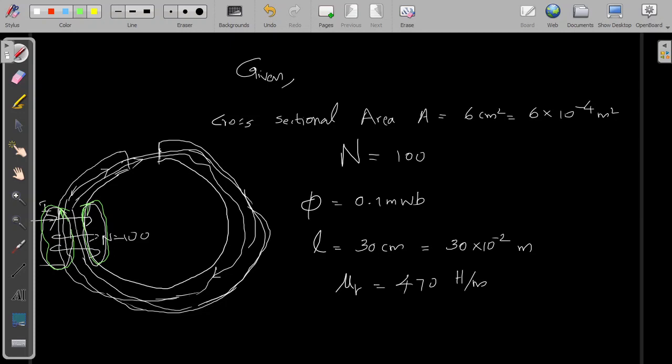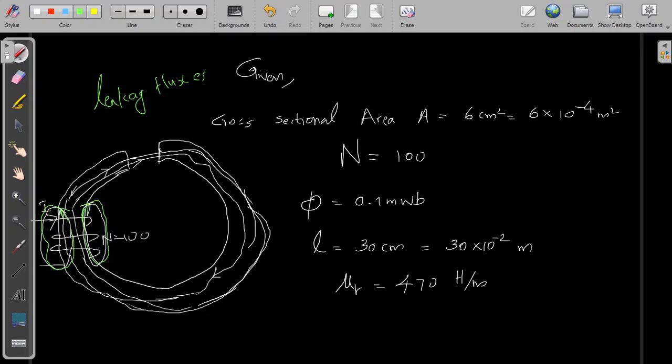So this kind of flux lines are known as leakage fluxes. Leakage fluxes, that is, the amount of flux that links only with the coils. Such fluxes are known as leakage fluxes. And